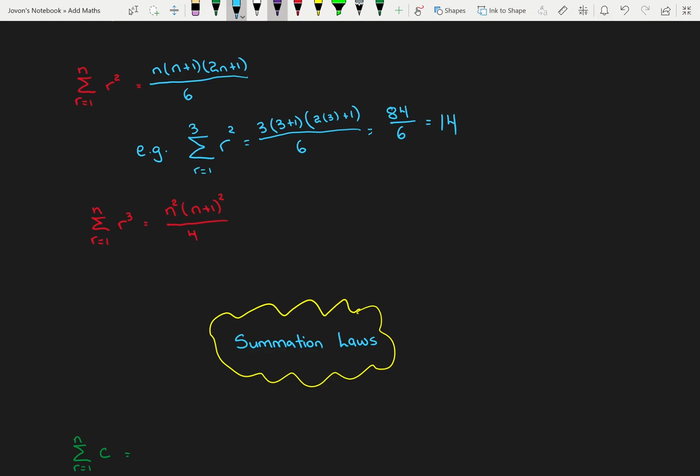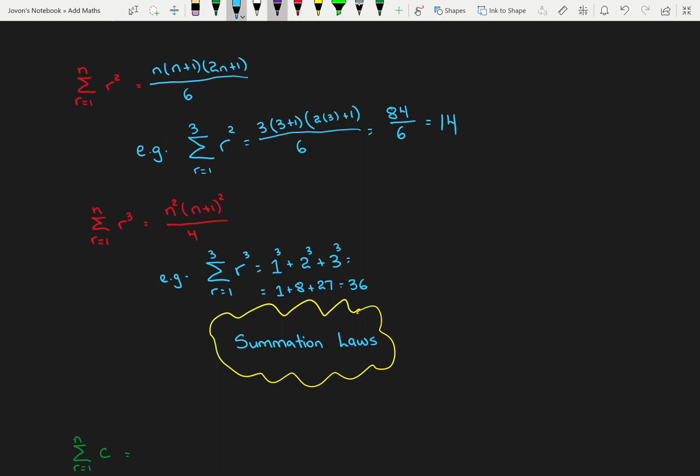So for example now, we have the sum from r is equal to 1 to n. So let's say n is 3, of r cube. What this means is that we are adding 1 cube plus 2 cube plus 3 cube. This is equal, if we work this out here, to 1, 2 by 2 is 4, 4 by 2 is 8, 3 by 3 is 9, 9 by 3 is 27,